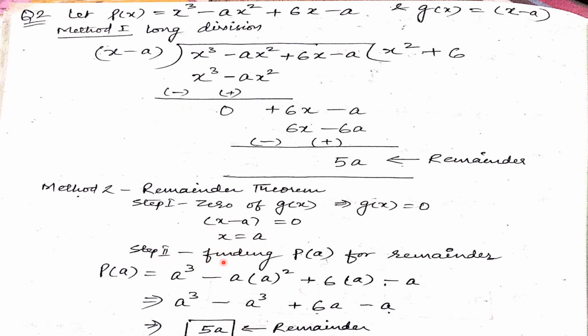Now step 2 is we will find p(a), that is the remainder of the dividend. Now what we have done, wherever x is there we have to put a. Here I have made a mistake. You should always put it in a bracket because everything which comes new should be in a packaging. So please put a bracket here also. It is (a) cube minus (a) square plus 6(a) minus a. When you solve it, you can check these two will cancel. 6a minus a is 5a. So we have got the same remainder by two different methods. Okay,